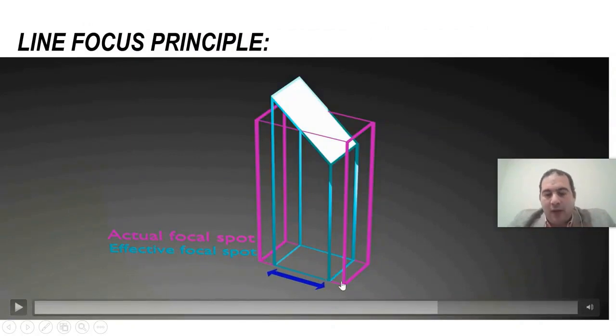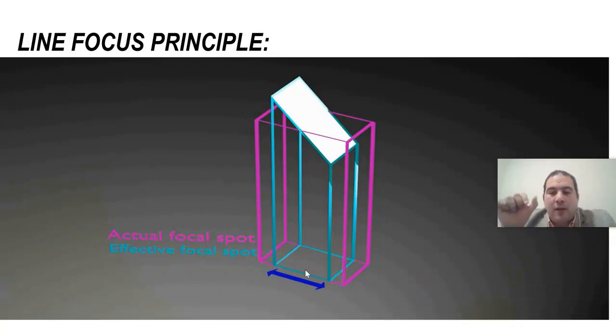In the anode to cathode direction, the size of the focal spot decreases in one direction. This means that the dimensions of the focal spot size are determined by two factors: the filament length and the focusing cup. We discussed the topic of the focusing cup last time and mentioned,